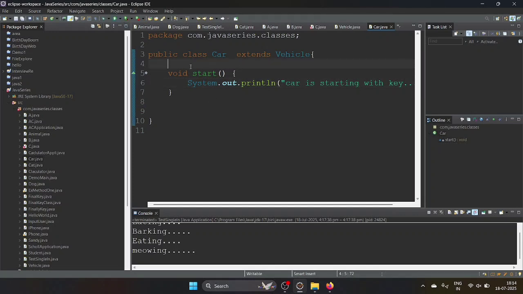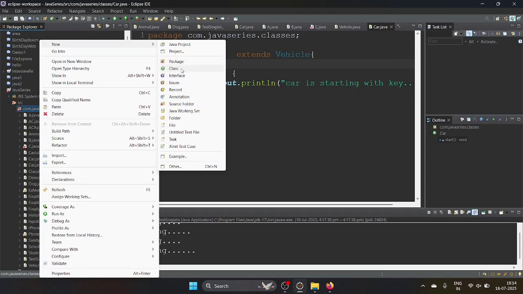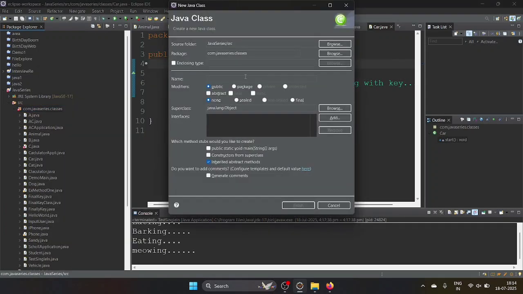So we make use of one thing called @Override. You should make use of this annotation. If you don't use it, it will still work, but as a good programmer, make use of it when you are overriding methods. I will show you what will happen sometimes if you don't use the override annotation. Then I will create one more class called MainApplication, and click on public static void main.